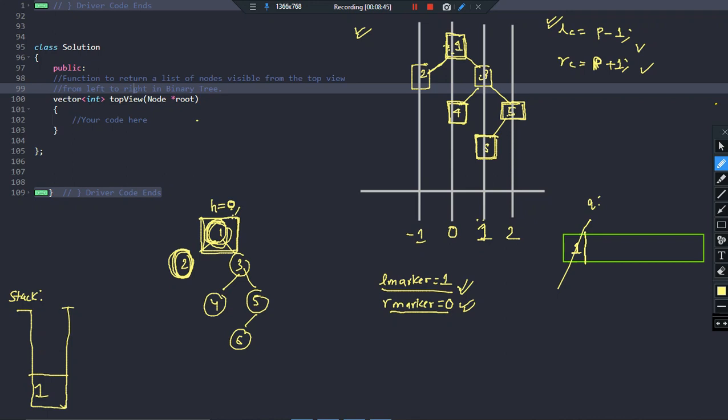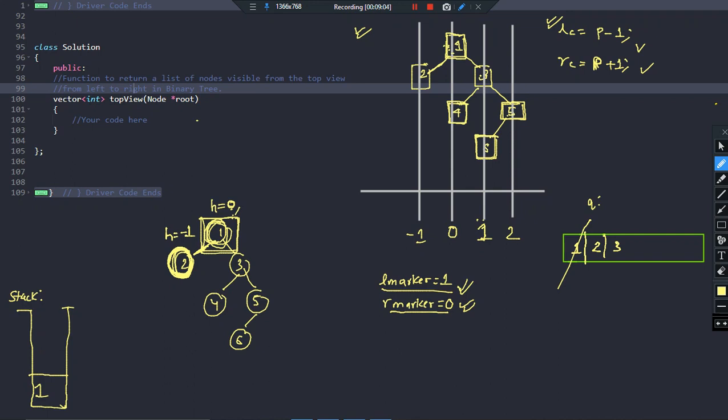So we push it into the stack, and we will push its children into the queue. Its children are nothing but 2 and 3. Now what will be the h value of these children? This is the left child, so its value will be h equal to -1.